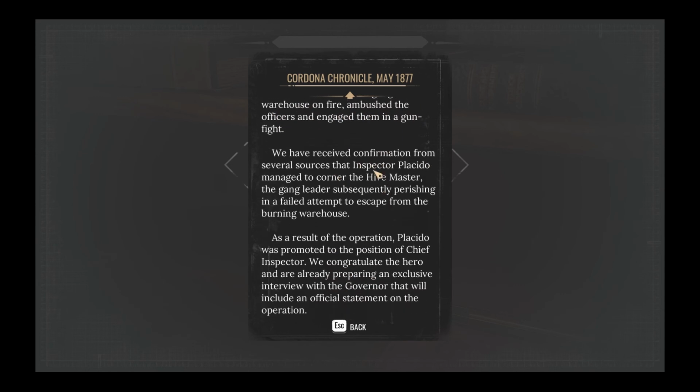We have received confirmation from several sources that Inspector Placido managed to corner the Hive Master, the gang leader, subsequently perishing in a failed attempt to escape from the burning warehouse. As a result of the operation, Placido was promoted to the position of Chief Inspector. We congratulate the hero and are already preparing an exclusive interview with the Governor that will include an official statement